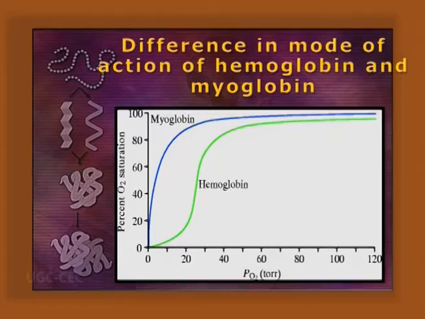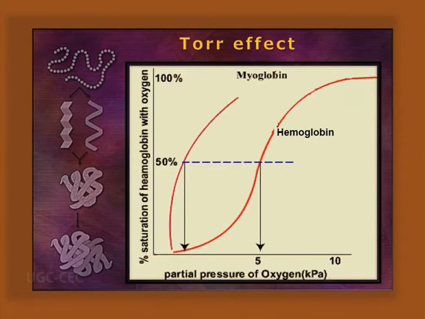It is a sigmoidal curve because multiple oxygen binding sites are there, so oxygen acts as a homotropic regulator. In myoglobin, a single binding site gives hyperbolic kinetics. The dimension of myoglobin is 45 by 35 by 25 angstrom, and the dimension of hemoglobin is 65 by 55 by 50 angstrom. The Bohr effect is different: P50, the half saturation, is at low pressure of oxygen for myoglobin and at high pressure of oxygen for hemoglobin. That is called the Bohr effect.